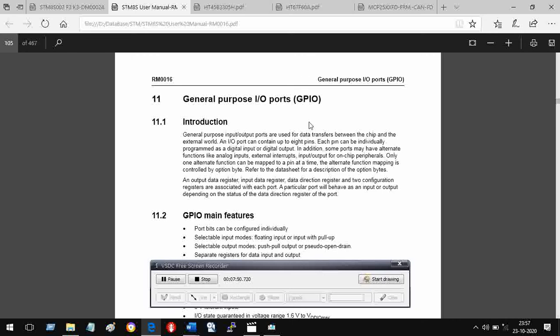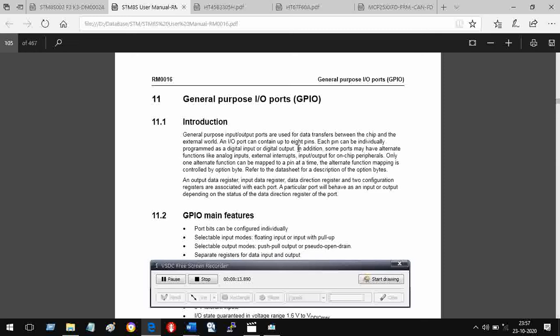General purpose I/O, GPIO, general purpose input output ports are used for data transfers between the chip and the external world. An I/O port can contain up to 8 pins. Each pin can be individually programmed as a digital input or digital output.